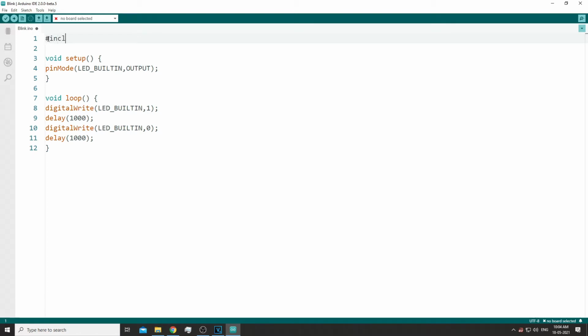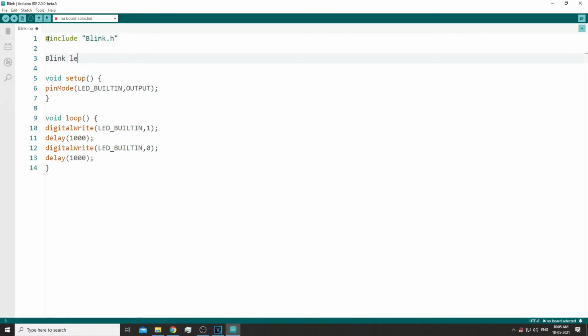for beginners. Now instead of writing this, what we can do is just include the library which we will create and give it a name such as blink. We will include this library just the way we include any other library. After that, we will define an object called LED under the blink library and give it a pin number or name.